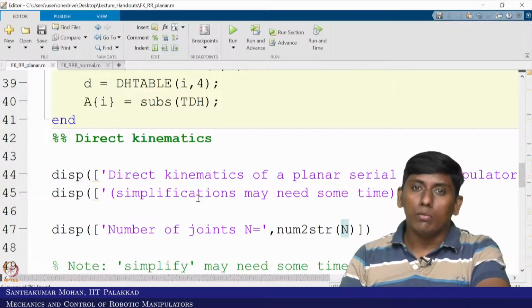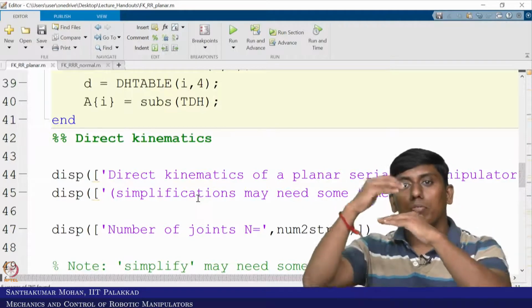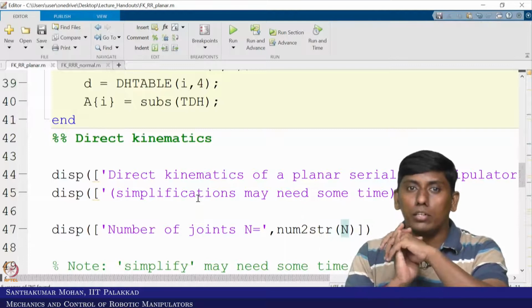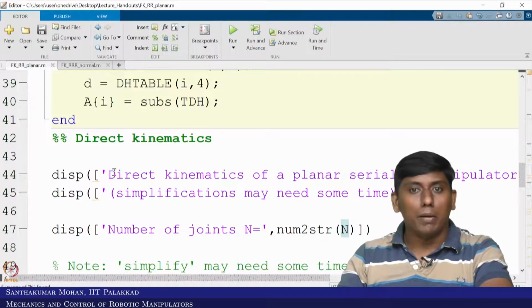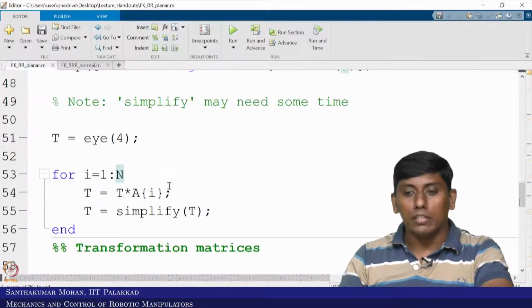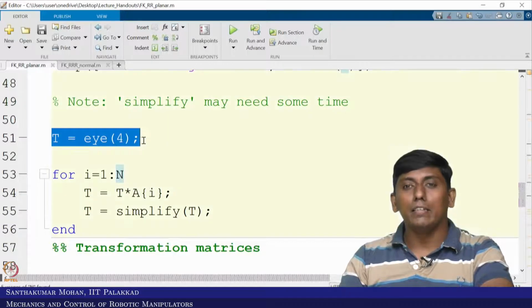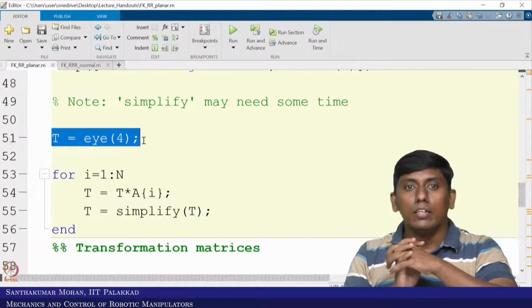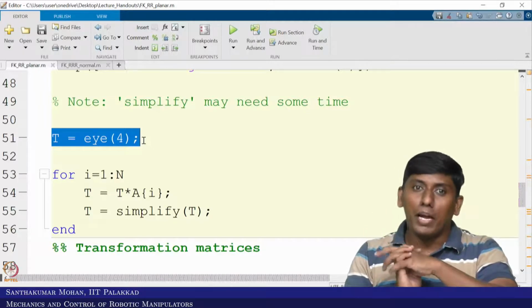So, once you get what you wanted, so the individual transformation matrices are there, then you can post multiply and get the final solution. So, for that we are displaying it. I will show you in the output. So, we are trying to first start the iteration again. Because you have n steps, we do not know how it starts, so we are starting T as a simple identity matrix.